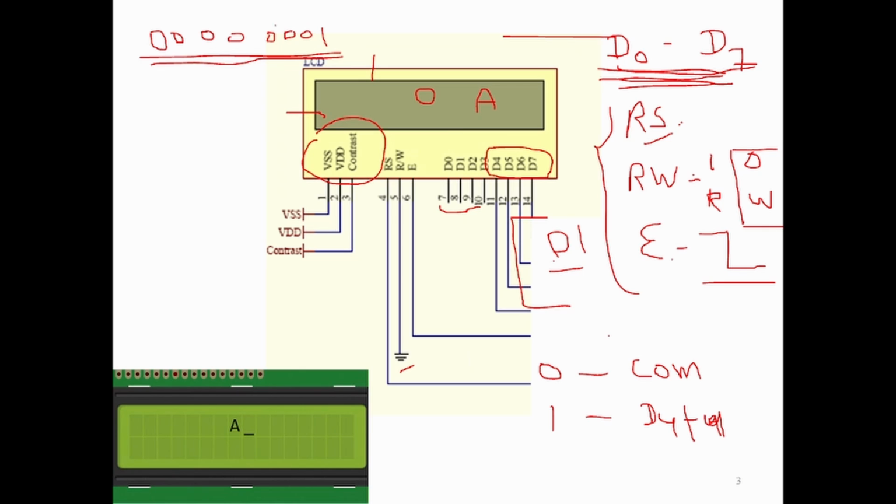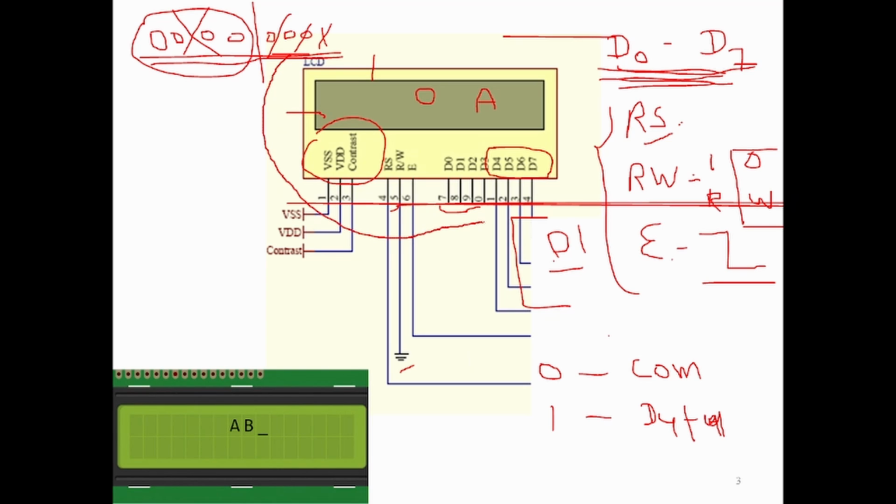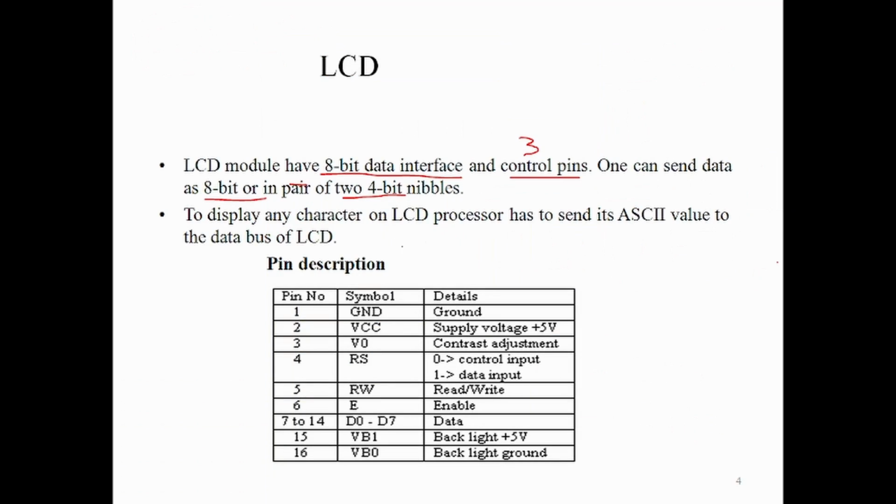So in that case, you have to use masking. First you have to mask this data, mask the least significant 4 bits, and you have to write the MSB, the 4 most significant bits, on these 4 pins, right? And then you have to again mask the most significant 4 bits, and you have to write the least significant 4 bits on this data pin. So okay, this is what the 4-bit mode is, and that's why two modes are there, 8-bit mode and 4-bit mode.